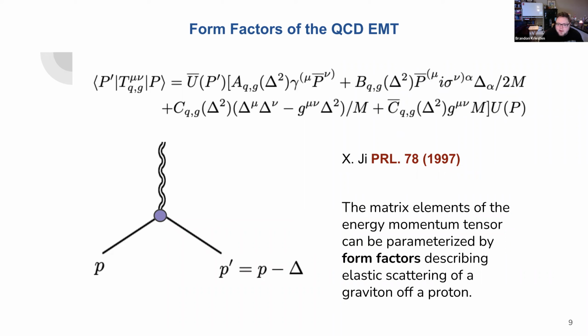how do we access these matrix elements in experiment? We know that, for instance, the coupling of a graviton to a proton is extraordinarily small, probably not even measurable within the next century of experiments. So one has to think about ways that we can extract the information contained in these form factors through current experimental measurements.